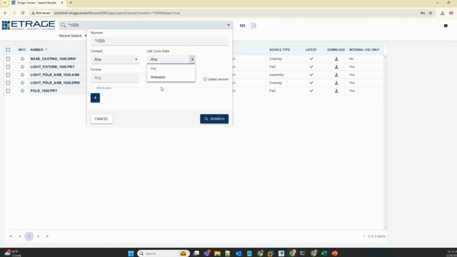Now, most of our customers, almost all of them, prefer to only load released data into the ETRAGE viewer, just so that way non-engineering users understand that anything they see in the ETRAGE viewer is released data and that's it. And in that case, it's easily configurable to only load, only publish and only show released data within the ETRAGE viewer. But again, I can set any of these search parameters in here, and I can also